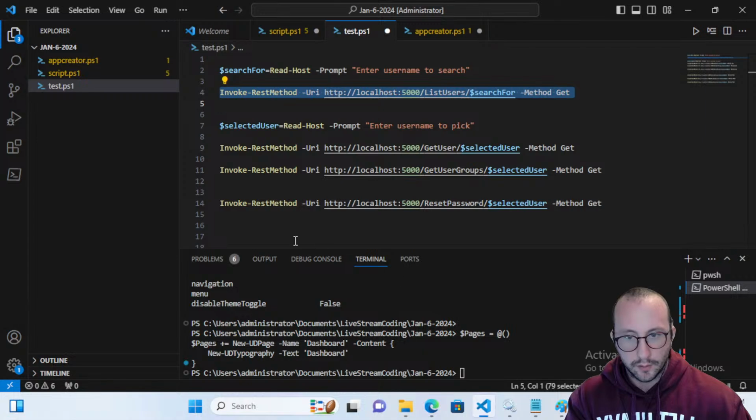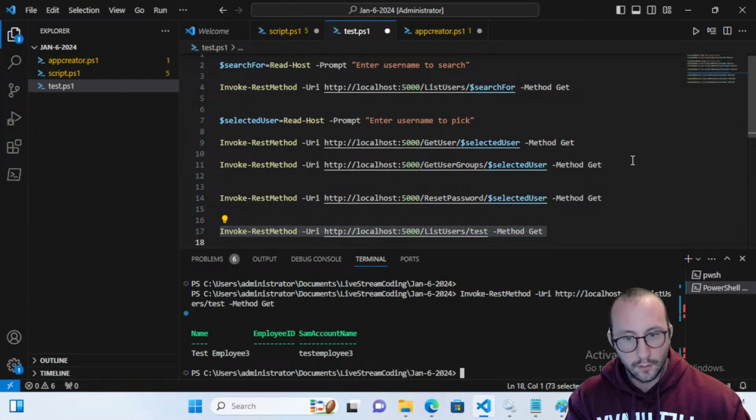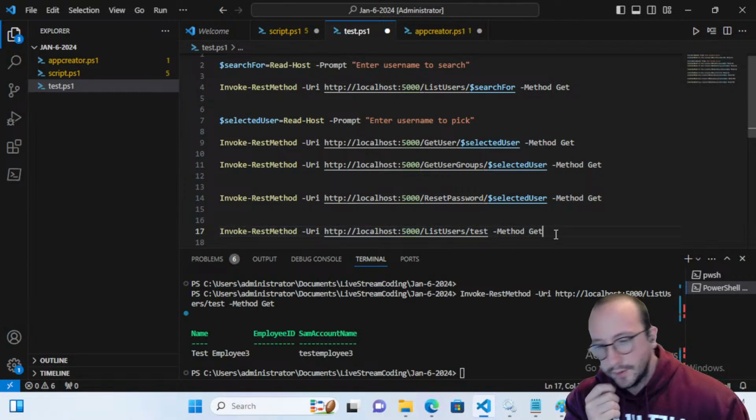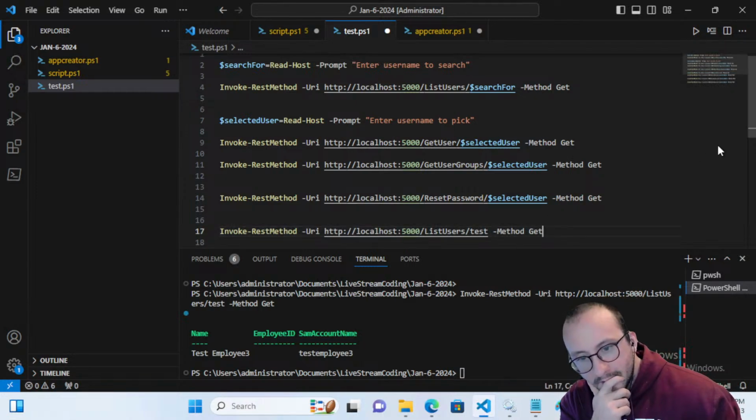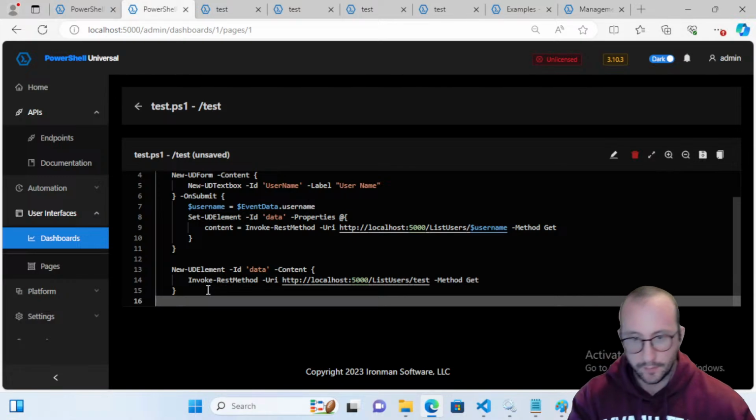Let's just see what this gives us again. I wonder if it's giving us issues because it's not necessarily text, it's a table that we're getting back. I wonder if